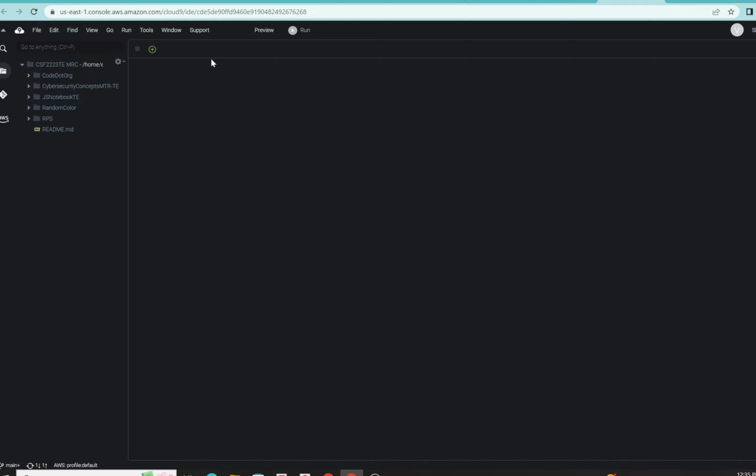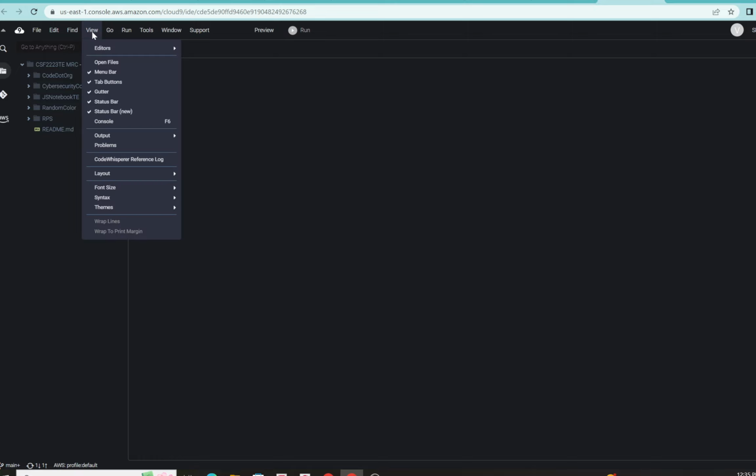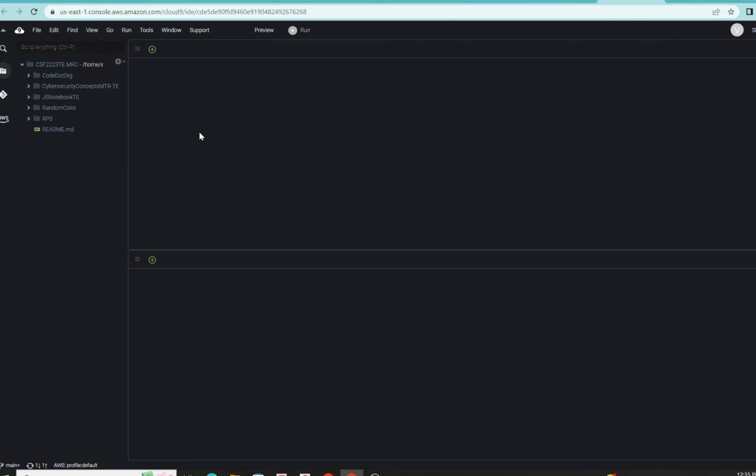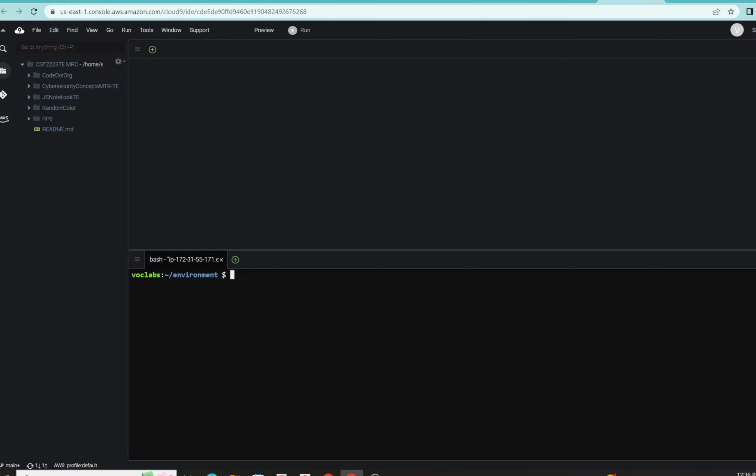If not, please close out of everything else you have at top. And we want a couple of things active here. If you have a terminal down here, you could X out of that and go back to view, and view layout vertical split will create that split so that we could come down to the bottom where traditionally our terminal is. Click the plus button, choose new terminal,